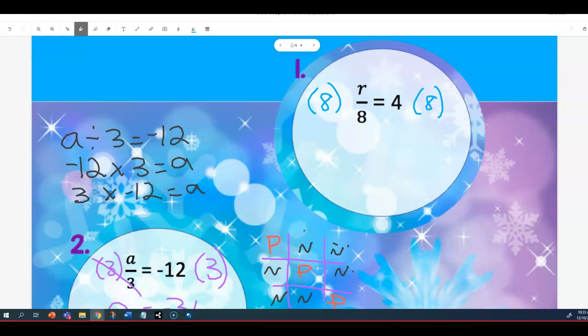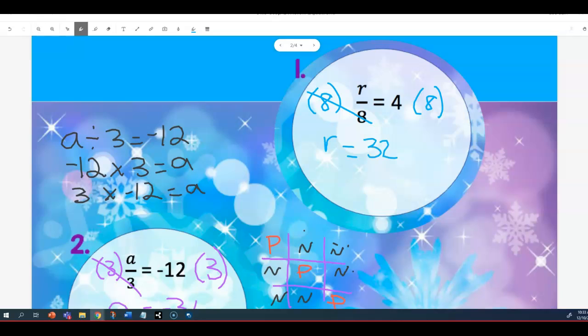Amari, you have to get rid of 8. 4 times 8. Okay, but you're a step ahead of me, Amari, because before I can do that, what do I need to do on this side? Get rid of 8 by crossing them out. So now R is by itself on the left, and 4 times 8 is,